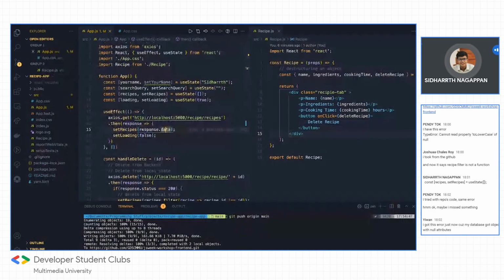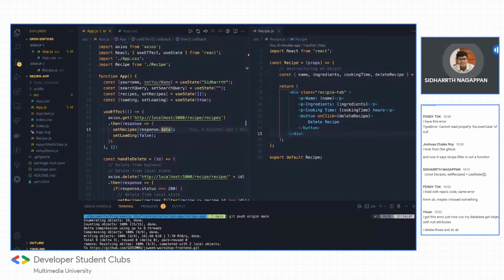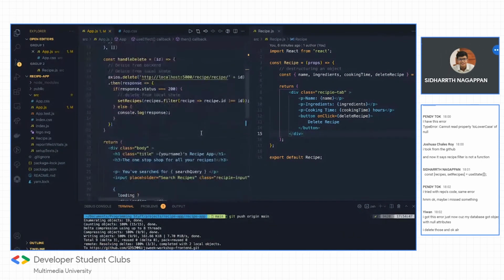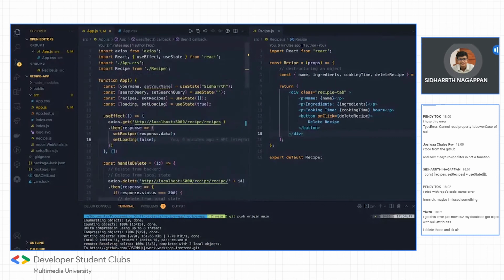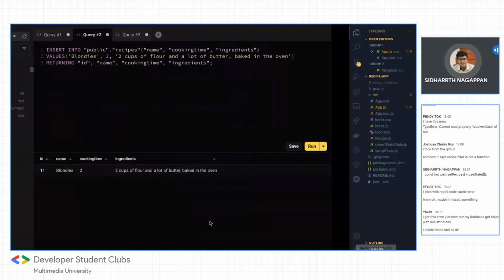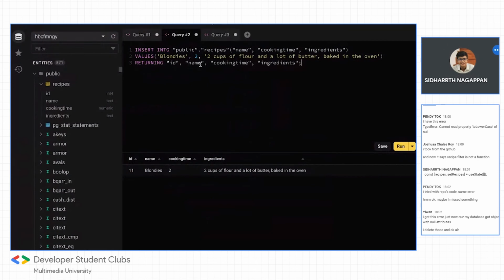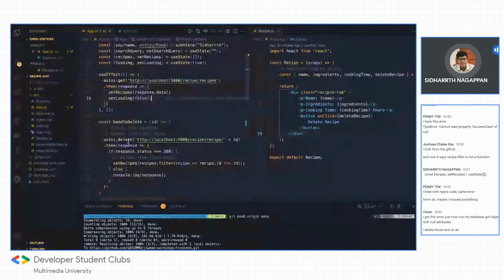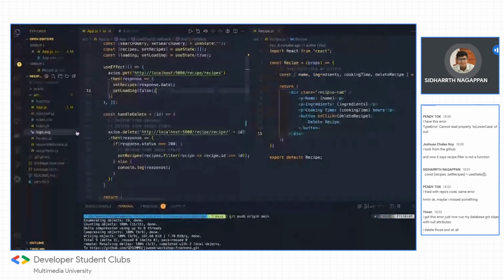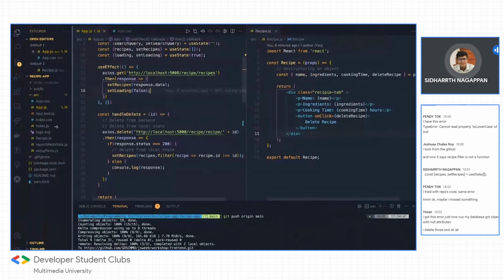Can you... database object with null attributes? Oh, that could be why. Maybe your database now. Oh, when you insert into the database, we don't actually check in the front end. So the thing is, if a certain value is null, the front end will break. By right, when we're destructuring, we should do something like